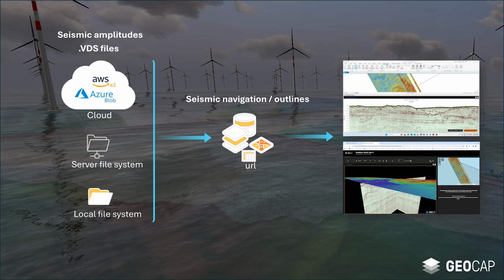In the ground model add-in, you'll find tools that let you scan SEG-Y files to inspect headers and preview navigation. These SEG-Y files are then converted into VDS files, which can be stored locally on a file server or in the cloud. We then generate a feature class that includes the navigation of the seismic with an attribute which points to the VDS file. This setup allows you to stream seismic data directly from the cloud to ArcGIS Pro,